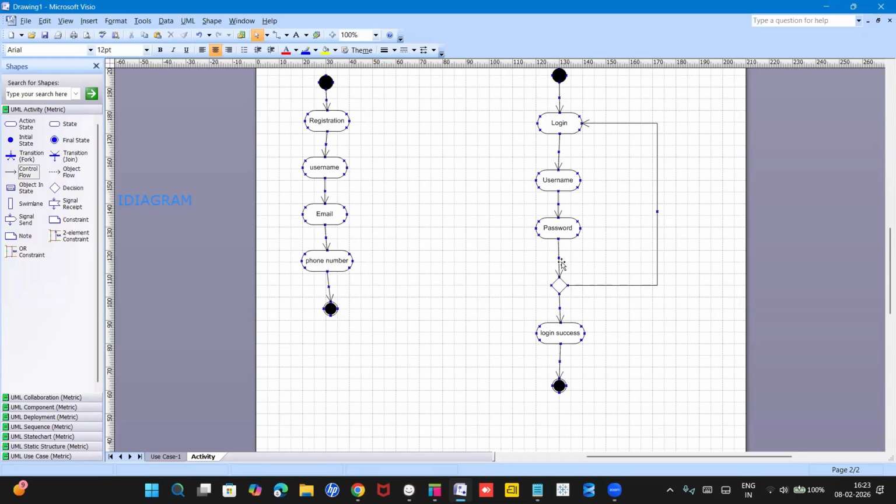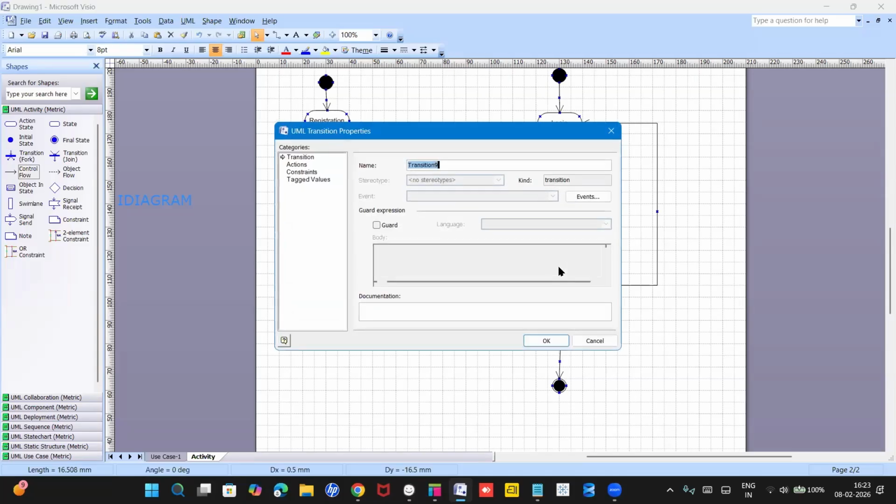So here we need to show if the password is correct, then it must go to the login successful. Otherwise, it must go back to the login page. So how we will show this means we want to use guard condition here. We must double click on this arrow, and here it shows guard expression. We need to select this guard, and in the body we need to type